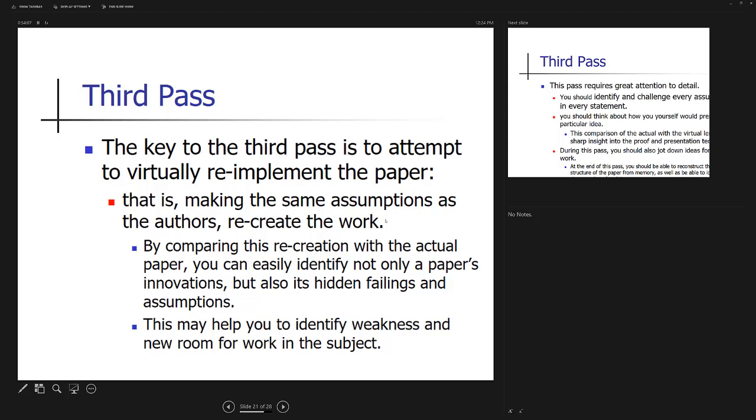He's not considering that stuff. He is using this stuff. What happens if this happens over there? What happens if the link is broken? What happens if the switch becomes corrupted? What happens if there is a security breach? Lots of stuff might come to your mind. So this is how you can do the third pass.